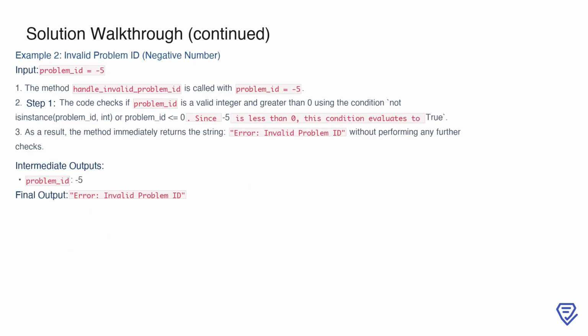Here, we examine a case where the problem_ID is invalid because it is a negative number. The input provided is -5. The method